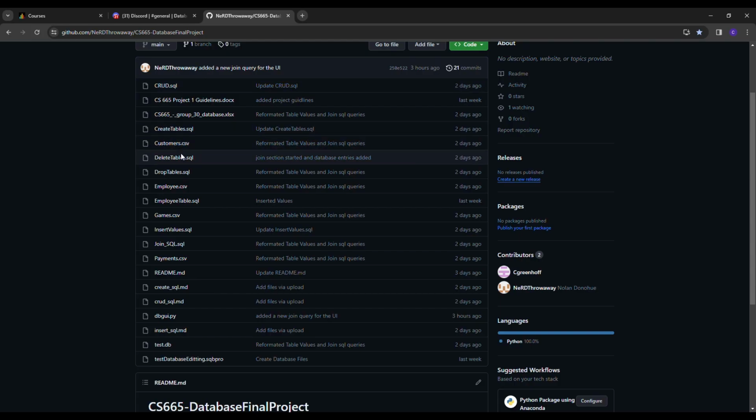the create tables and the insert values was done by Nolan. I did the CRUD and then most of the GUI. Nolan helped a little bit with that. We split the database, and then the SQL statements are obviously just rewritten to MDs and all these for the